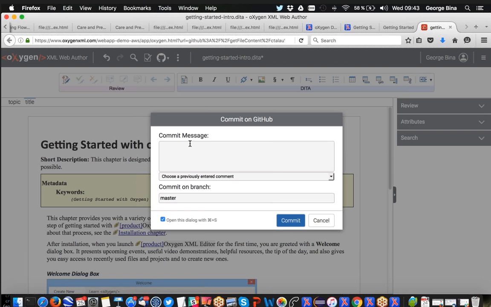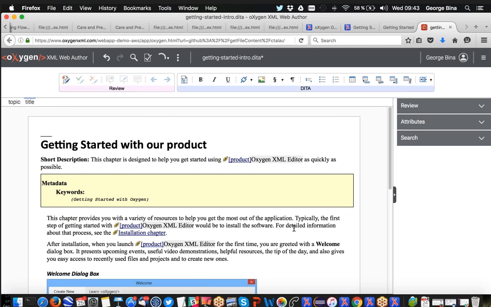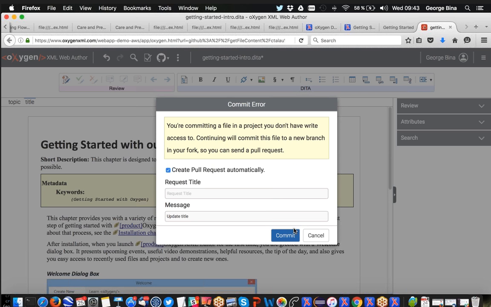So when we say save, let's say we say update or correct title, and then what happens is that I do not have rights on this GitHub repository, so I cannot directly save my change, commit my change to that repository, and Oxygen Web Author will detect that and will ask to create a pull request. It will allow you to create a pull request automatically,